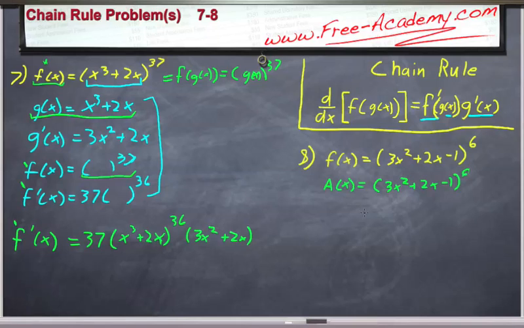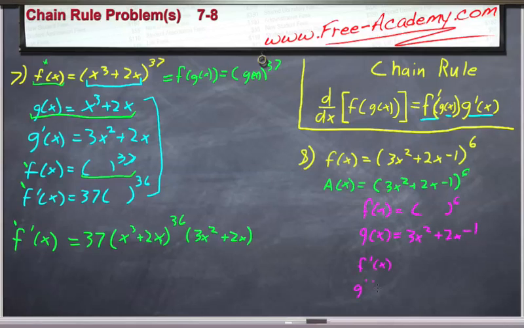And the reason I'm going to do this is now we're going to call f of x equal to the parentheses to the 6th power, which I like writing as a placeholder. And then we'll rename g of x as 3x squared plus 2x minus 1. So now all we need is f prime of x